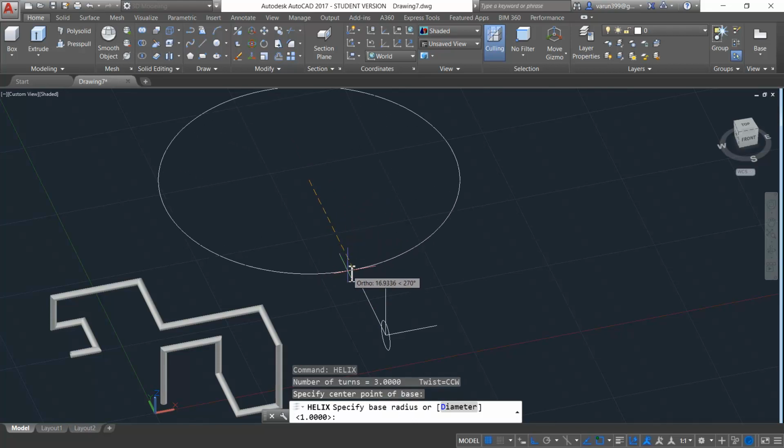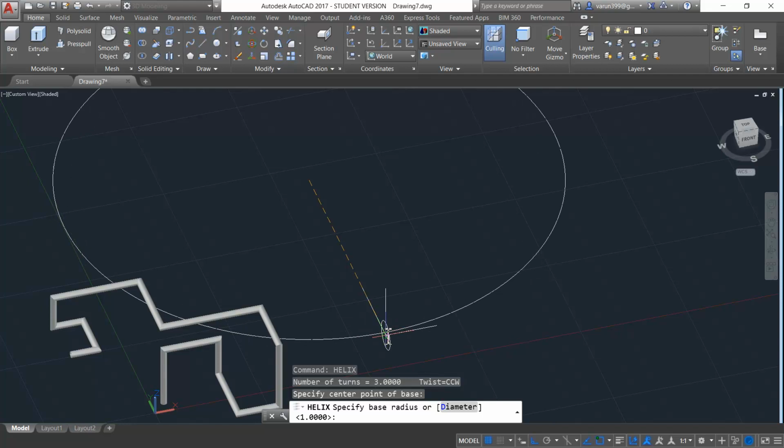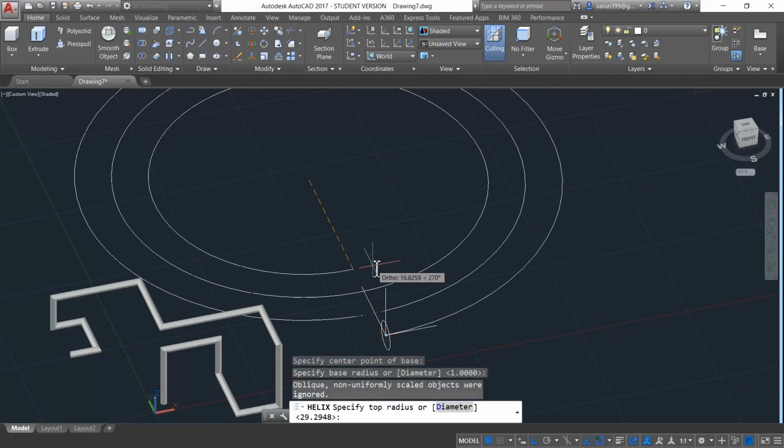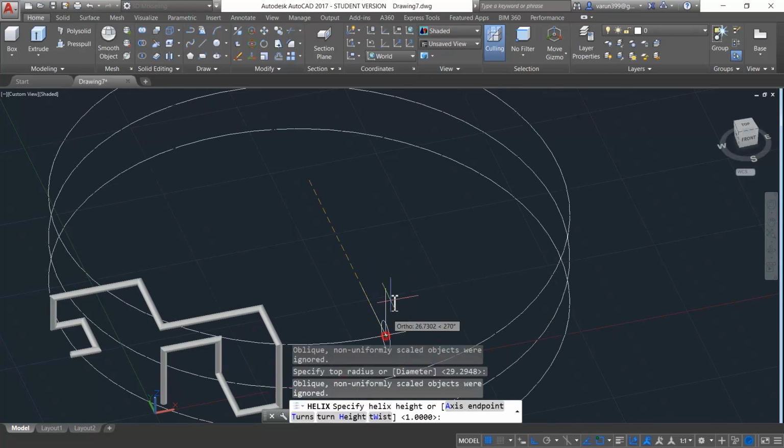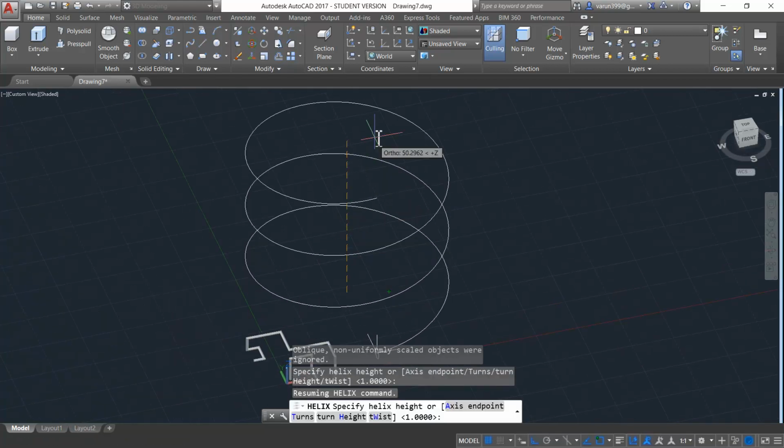There are two radii for a helix, that is the base radius and the top radius. So that means there is a height which we can give for a helix. This time I will give both the base radius and the top radius the same. I will show the radius exactly to the center and the height radius also to the center. Correct. Now you can see that it is coming as a spiral and you can show the height